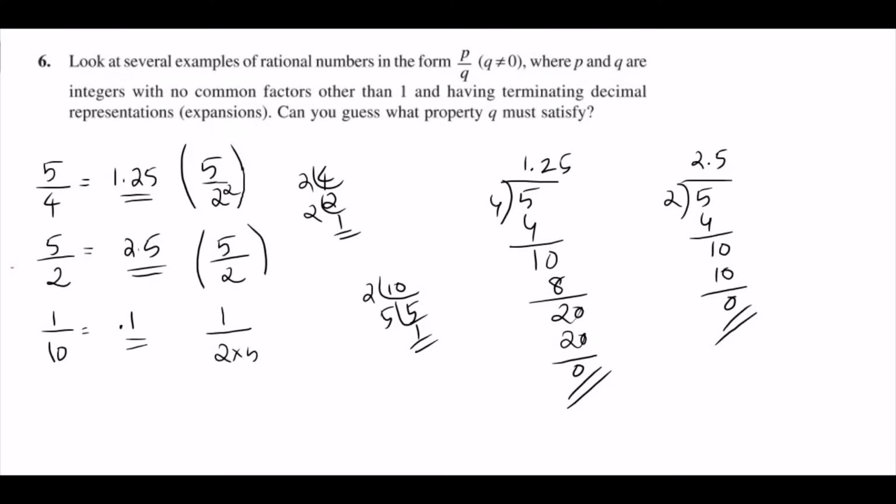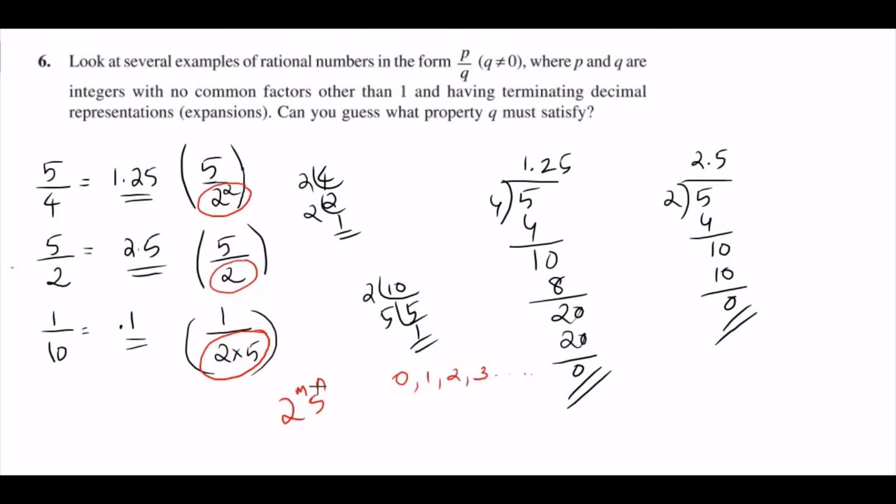So 2 into 5. Now here you can see the denominators are of the form 2 square, 2 into 5, and at times you may get 5 alone in the denominator. From this you can conclude that if you factorize the denominators of rational numbers that have terminating decimal expansions, it will be of the form 2 raised to m, 5 raised to n, where m and n can take the values of whole numbers, that is 0, 1, 2, 3, etc.